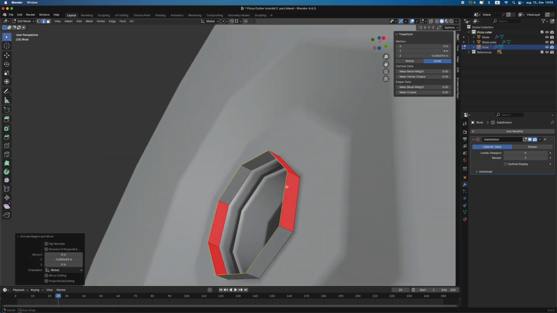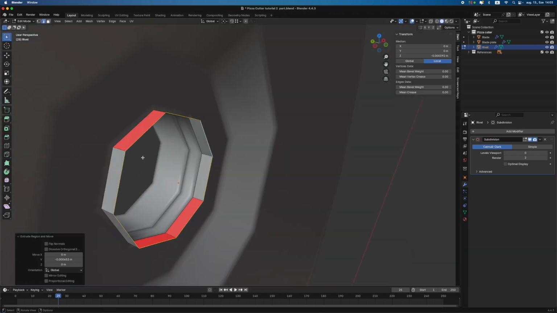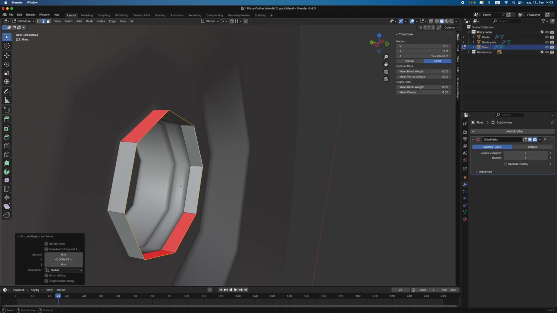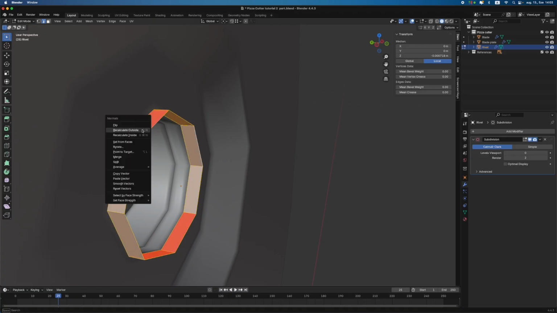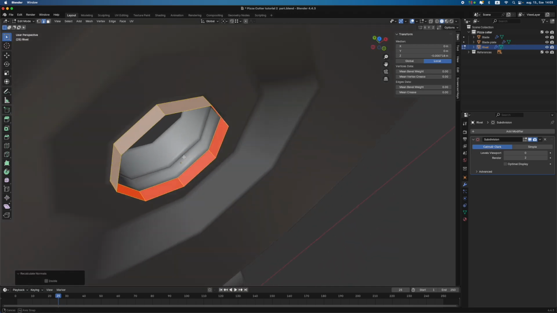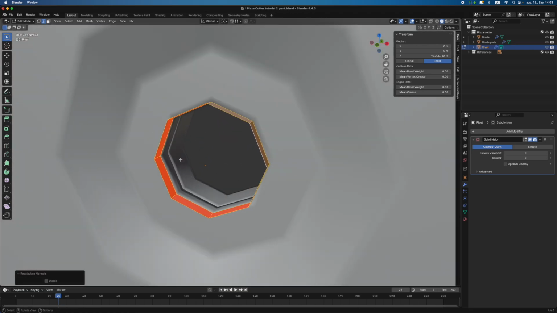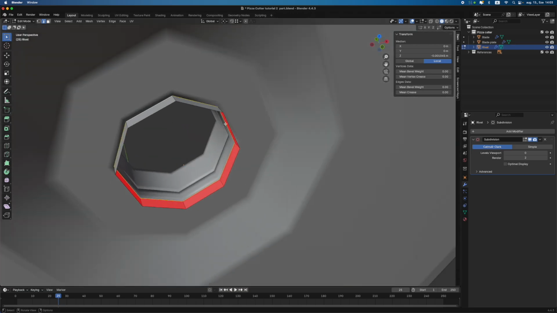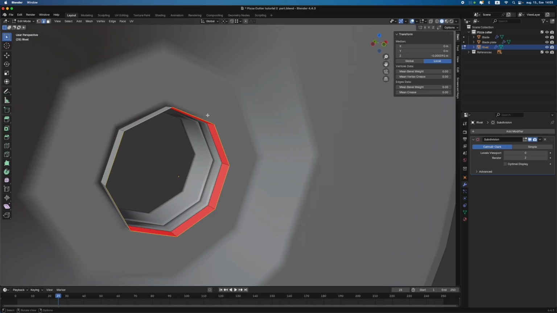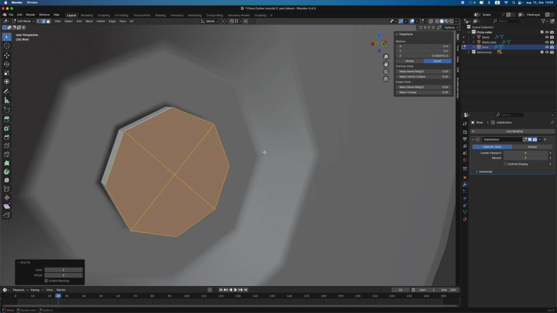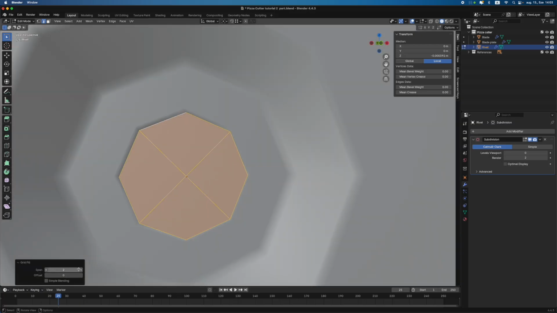Now, as you can see, it's wrong. It's gray here, red here. We want to select everything, Alt N and recalculate outside. Now it is correct, and we want to grid fill this in, rotate it to place,